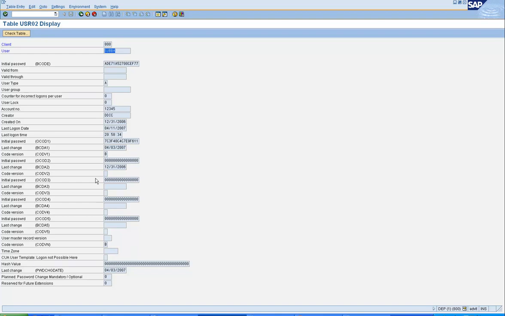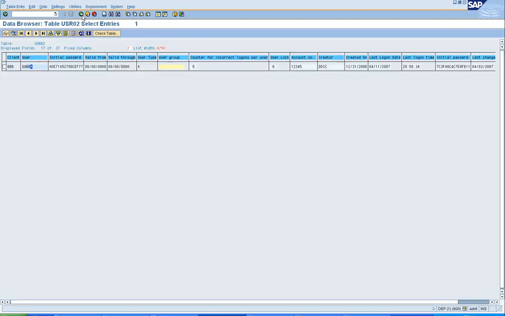So let's say you want to generate a report which says the user ID, the last name and the first name, the user group, the log status. Then this table itself is not enough. I mean, you can get the user ID, the user group, and the log status from USR02, but you don't get the last name and the first name information from USR02. For that, you'll have to use some other table.